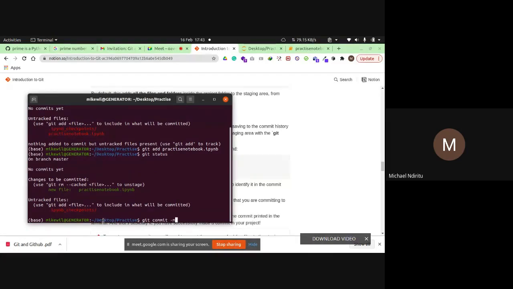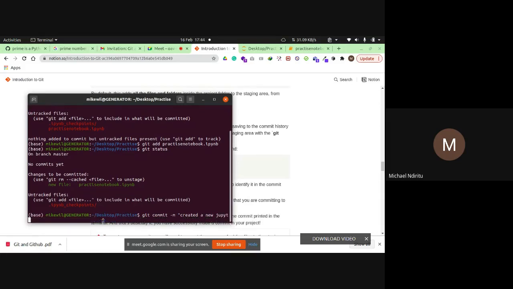When you are saving the files, you want to add a message, like let's say I created a new folder, or fixed a bug in a certain part of the file, so that it enables the people you are collaborating with to understand where you are so far. So my message here will be created a new Jupyter notebook. The commits will also help you later if you encounter any problems.